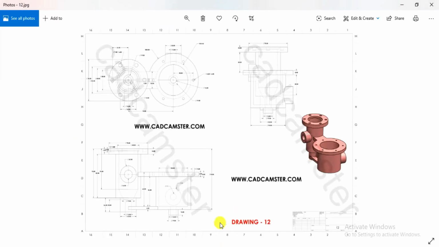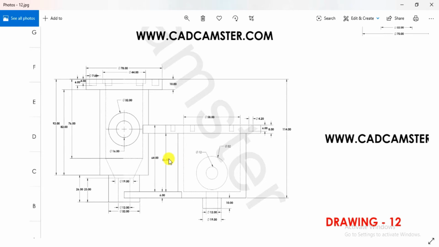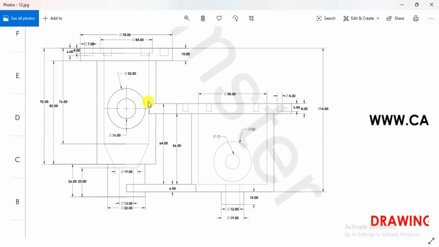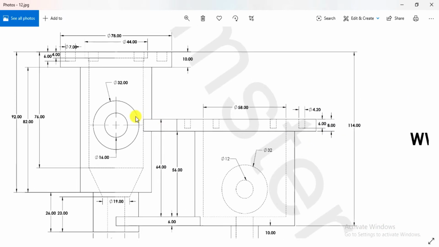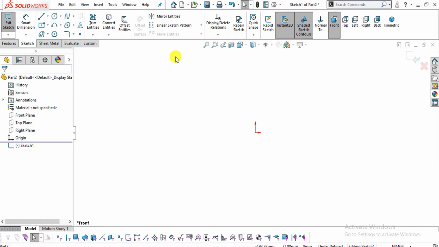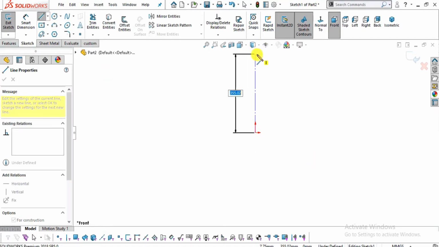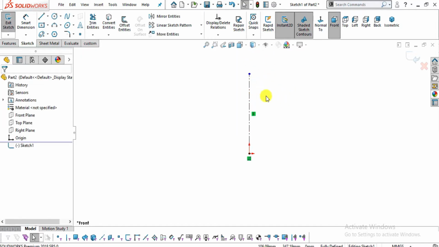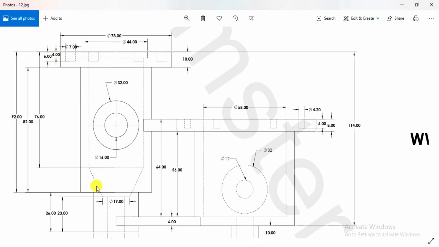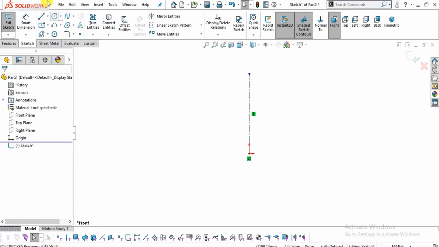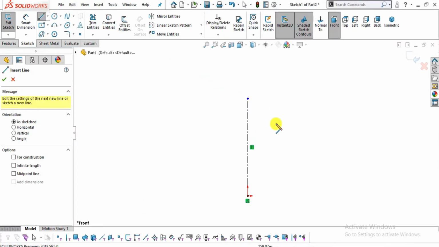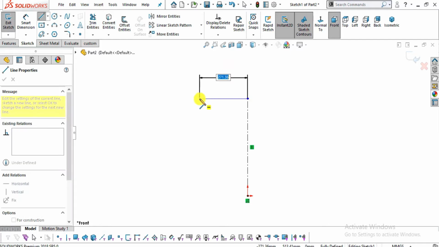Now first I will create a center line which will behave as a revolve axis. So go to here, select center line and create a vertically upward or downward center line like this. Now I will create a sketch of the outer profile of this body. For that, select your line command and snap this point.